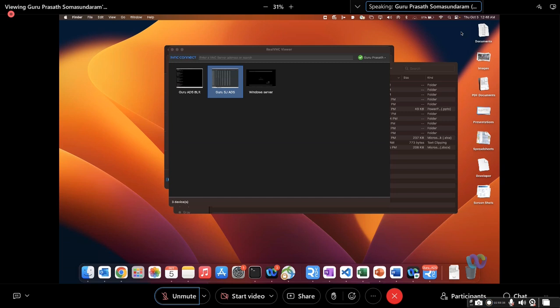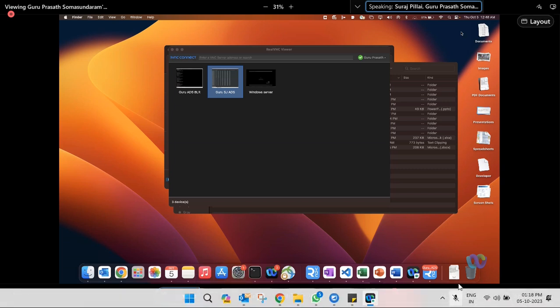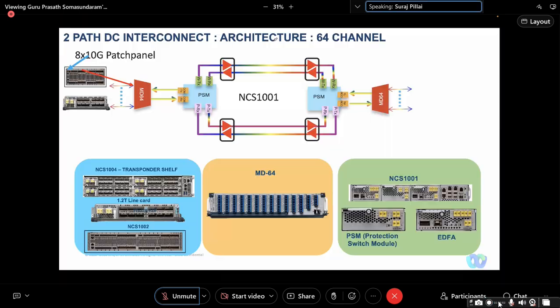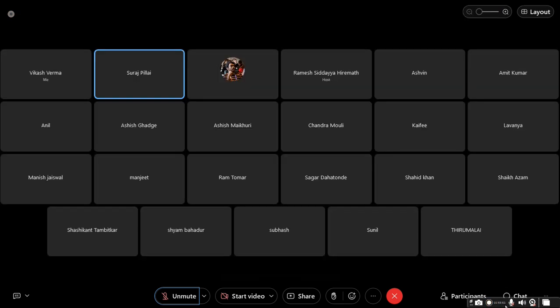Do get your hands on it and let me know if you need any more help. We can do one more session later. Sure, Guru, and thank you for this elaborate session. It was really helpful, and this will really help us to explore the